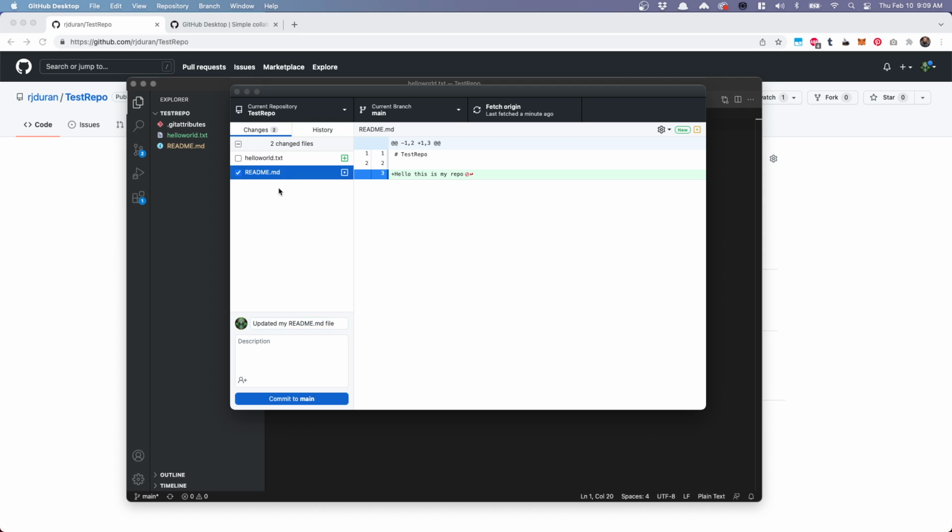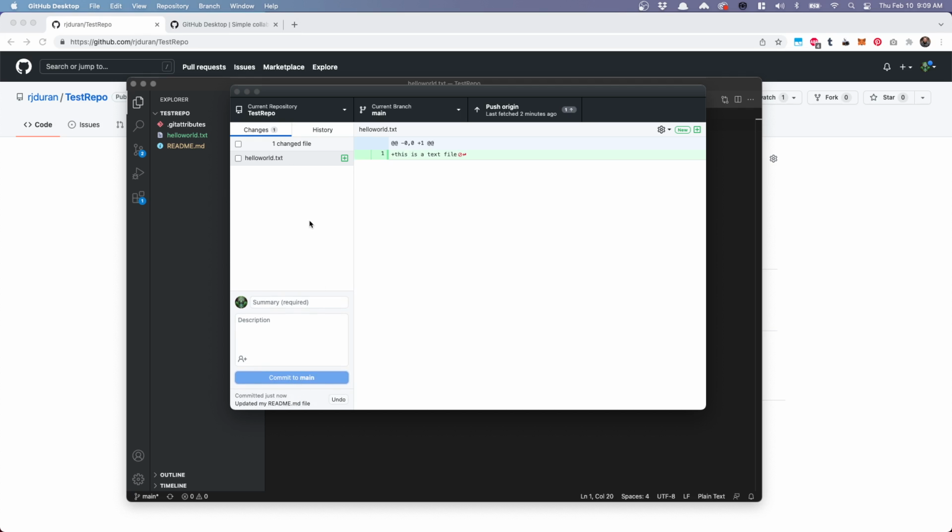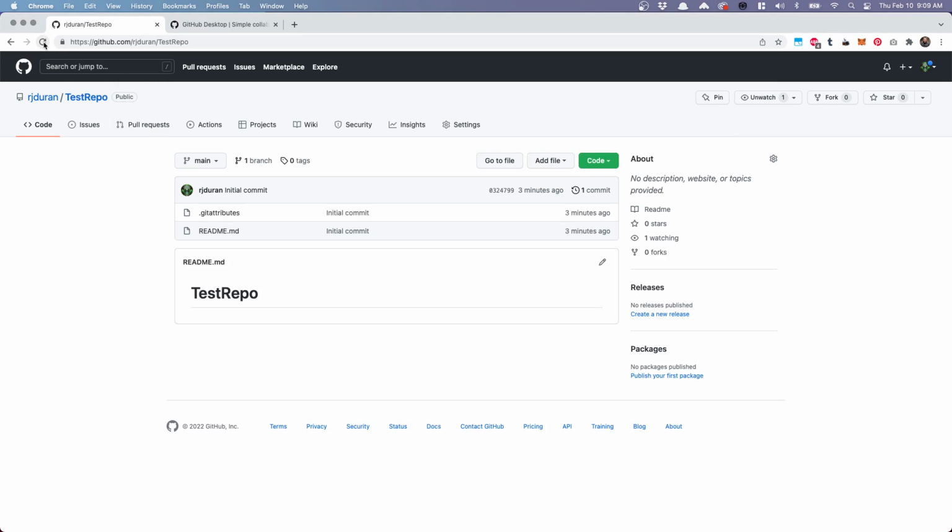File, and this will be the message that shows up on the commit. And so once I click commit to main, it will commit the changes to my repo, but it has not yet been pushed to GitHub. So if I go over here and I click this push to origin button on the top, it now committed and pushed the changes. So if I reload my page here, I should see the update to the README,